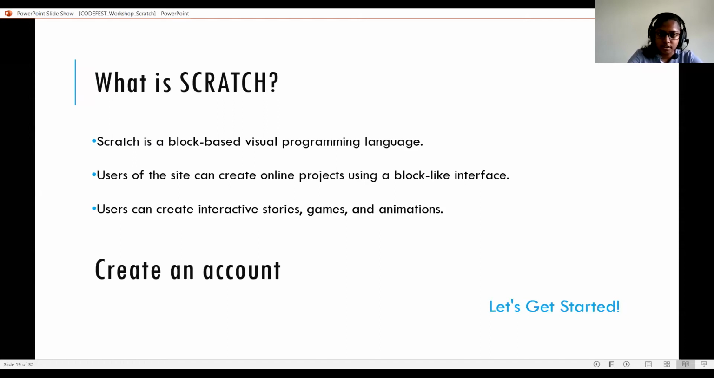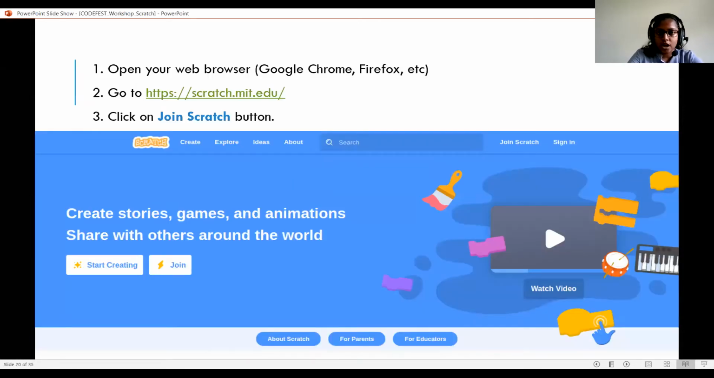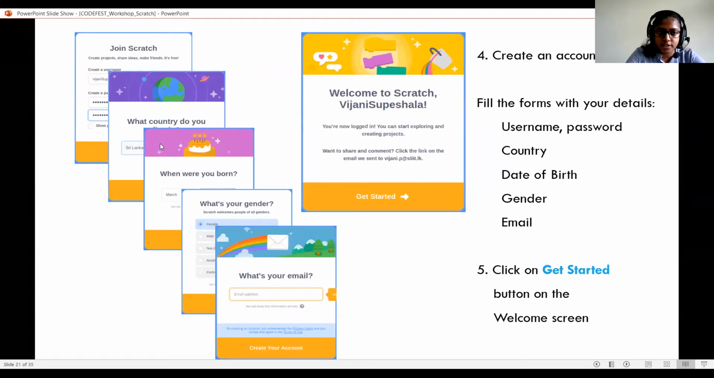First of all, you have to create an account. Let's get started. Open your web browser and go to this link. Then you can see this interface. First of all, you have to create an account. Click on this Join Scratch button, and it will give you a small window